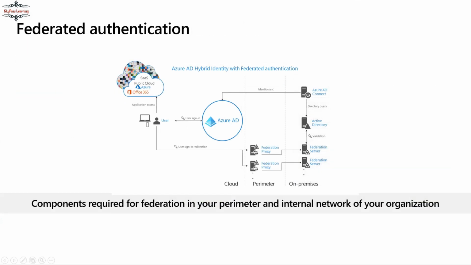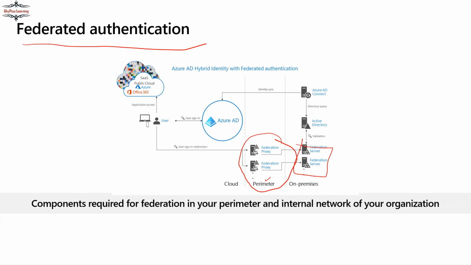Okay, the third one is federated authentication. What exactly is federated authentication? Basically, federated authentication redirects your request to your federation server. How it works: if you have a multi-layered environment, for example, this perimeter section is optional. If you don't want to use it, you can remove this perimeter and the federation proxies section as well. In that scenario, you have to publish your federation server directly to the internet, which is not a recommended approach. That's why it's recommended to use a perimeter network for the federation server,